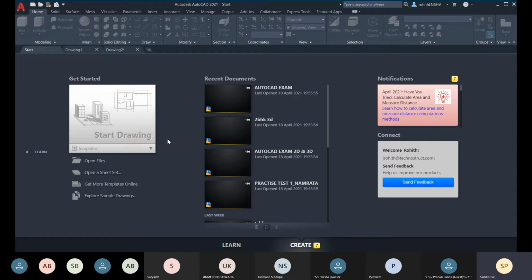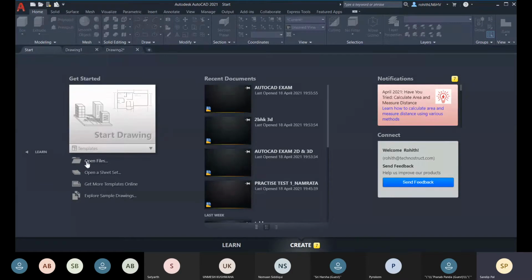So this you are going to define within this template, and you save it as a template so that you can use all those settings each and every time whenever you open a drawing file. So that is your template.